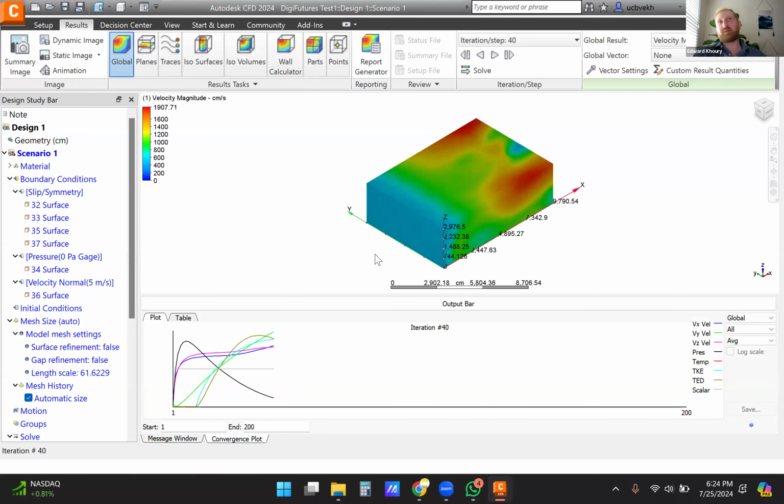So right now what it's doing is going through every iteration. It's doing it in a parameter of centimeters per second. But if you right click this and hit units, you can modify that and choose which